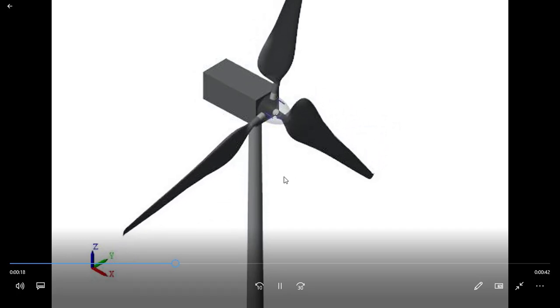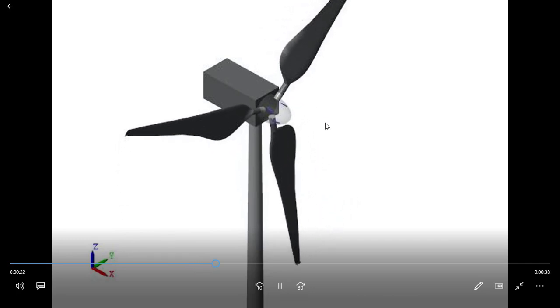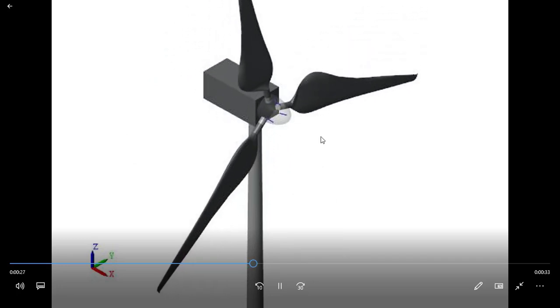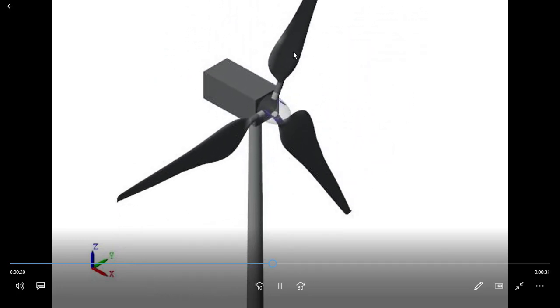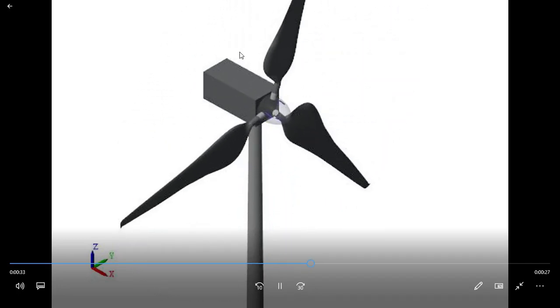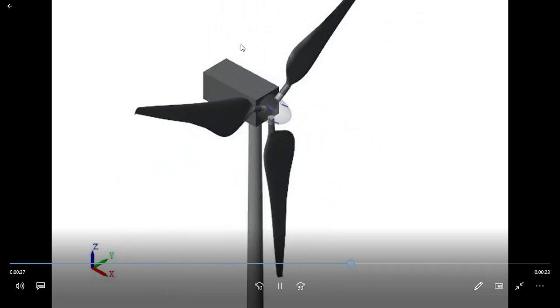Now the turbine slowly starts to gain speed. The pitch angle is starting to adjust itself. Brilliant, very good. If you look carefully enough, you can see a little bit of yaw angle changing in the